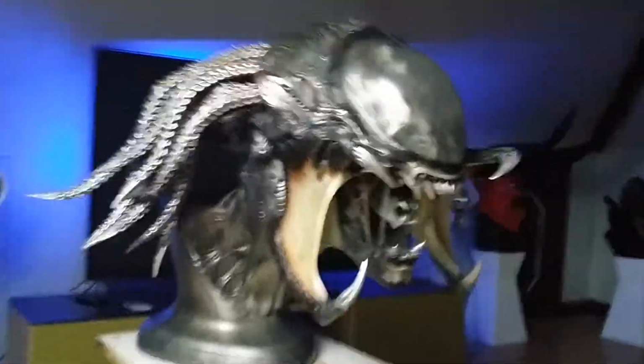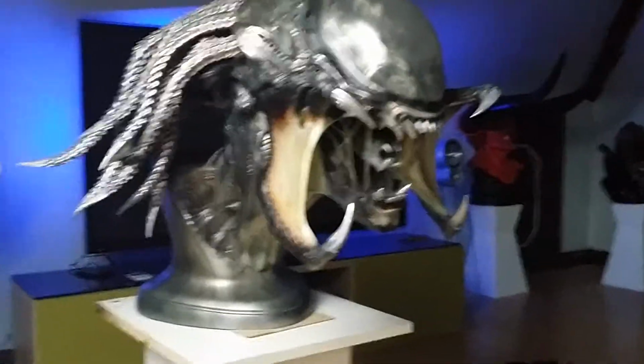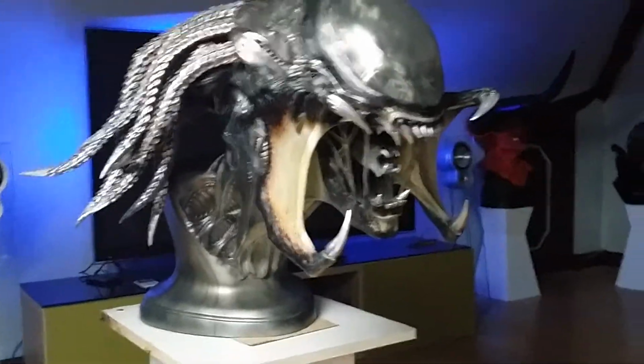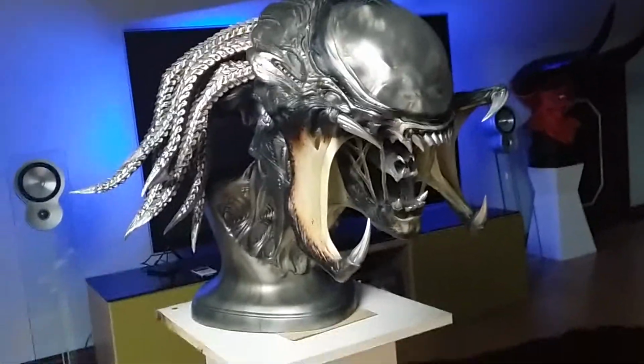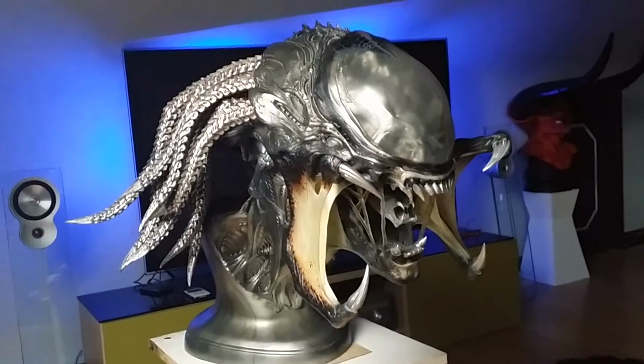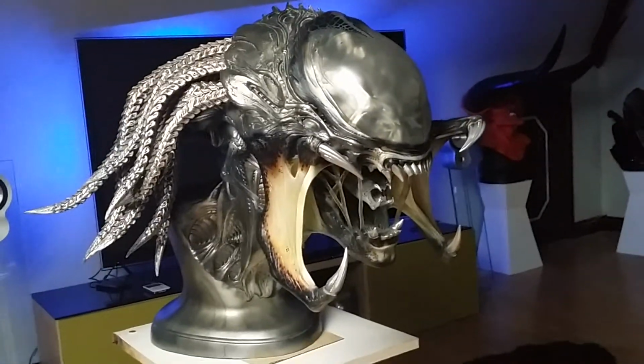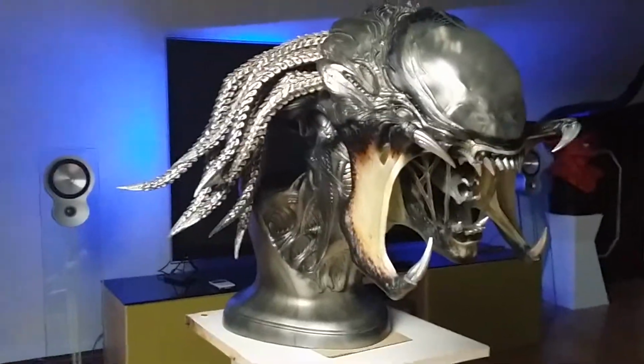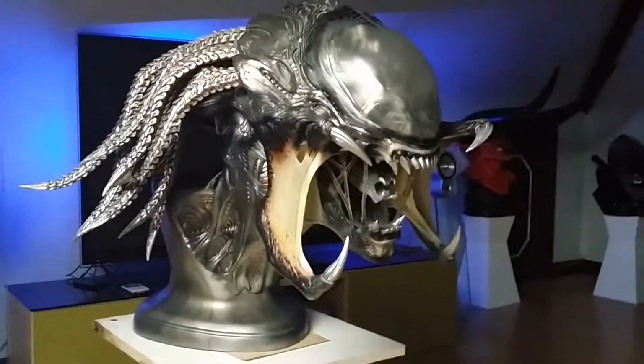It's mind blowing. I'm absolutely buzzing to have this piece. Like I say, for me, it's the best. It's the best bust by any company. Crazy looking piece. It's a bit scary, and I mean that in terms of it's very top heavy towards the